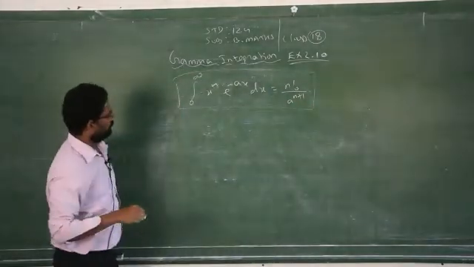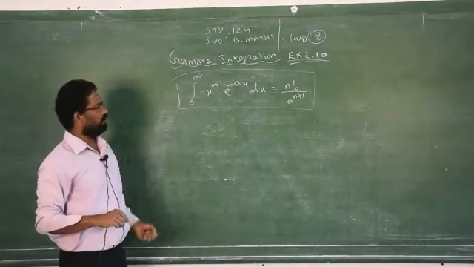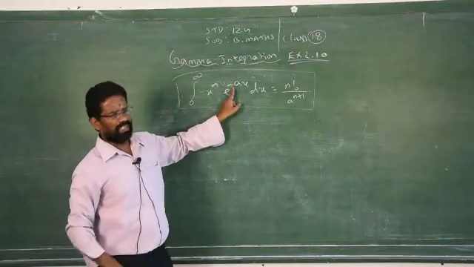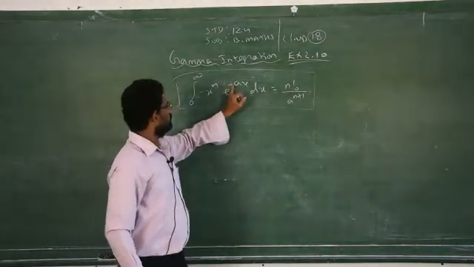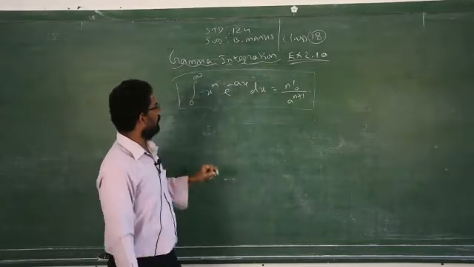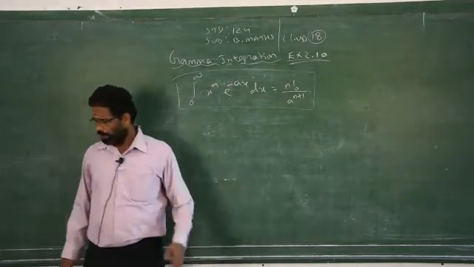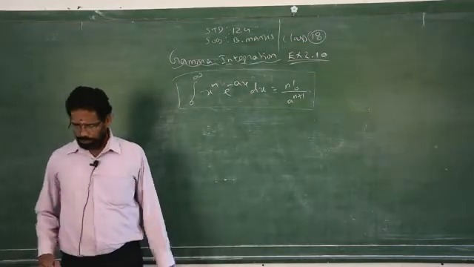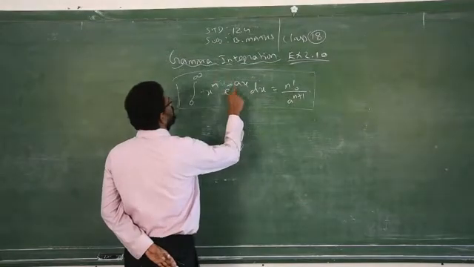If you have any integrand in terms of exponential format, remember, there should be a minus. If it is positive, you cannot apply this method. So if it is a negative sign, you have to apply this formula, and provided your limit should always be 0 to infinity. So you can apply this formula only when the limits are 0 to infinity, and the power of e should be negative.